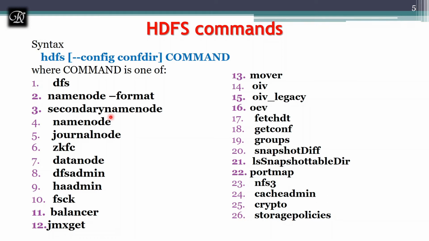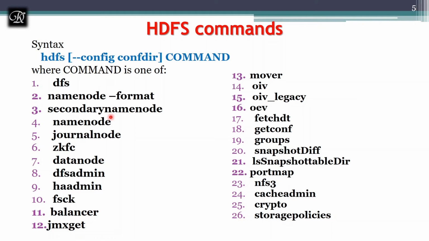In the previous video, we have seen what is name node, what is data node, what is secondary name node, what is journal nodes. I have told there are 3 daemon journal nodes which are always running, which keep track of edit logs, so that it will update the secondary name node. If there is a failure in the name node, the secondary name node will get the FS image and it will reload that by referring to these journal nodes. So the journal node is used to run the DFS journal node.